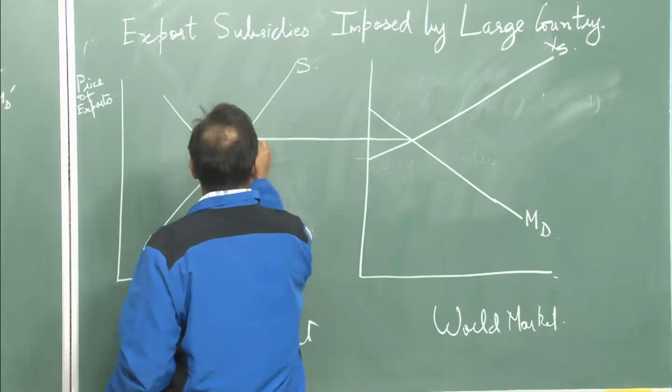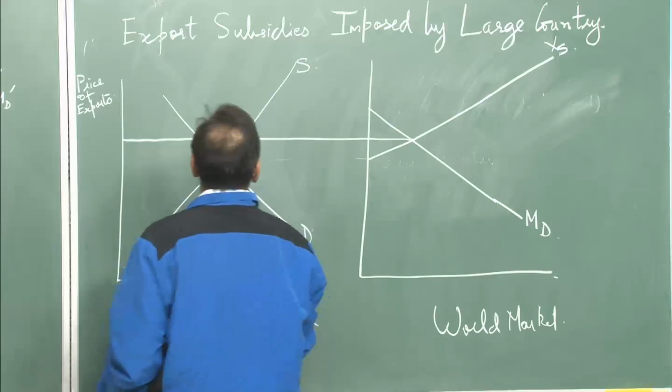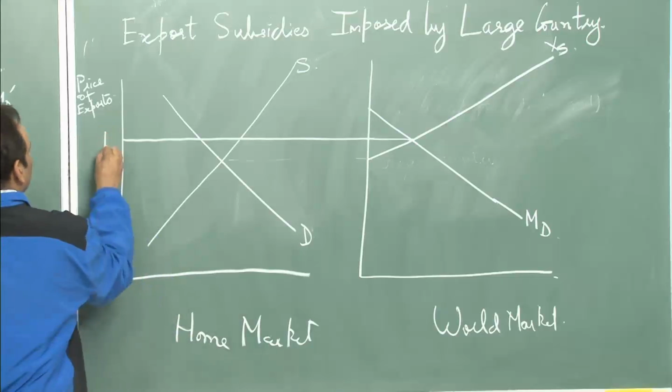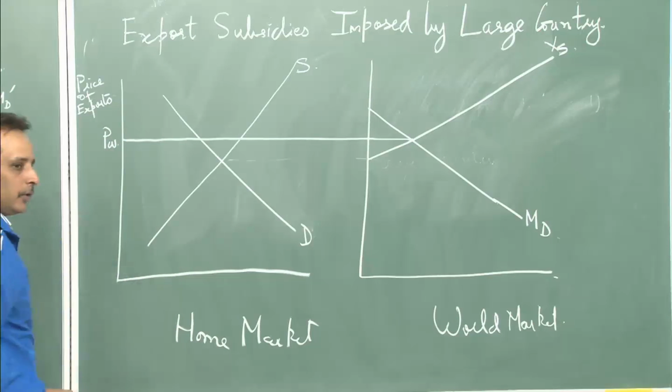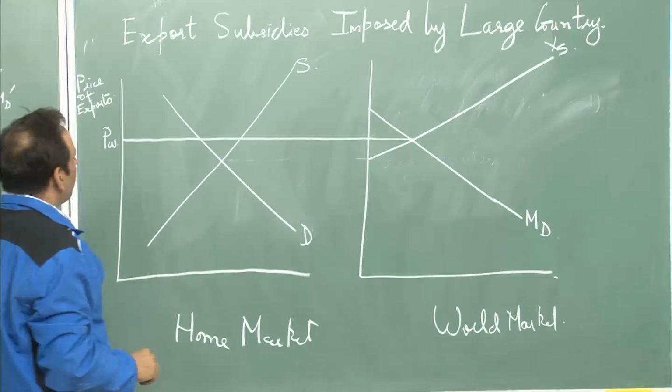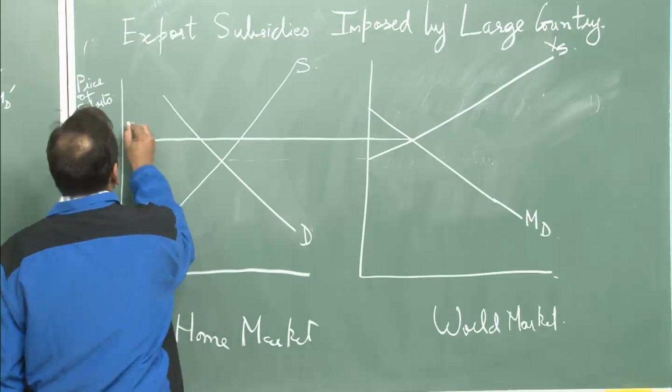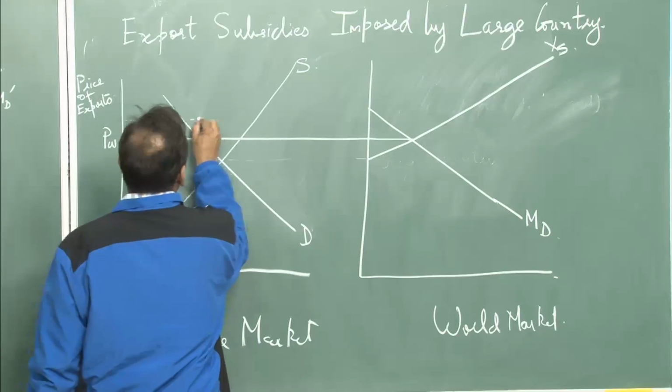Wherever they intersect, this will be the world prices. So when subsidies are given,